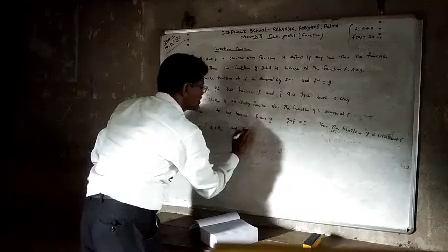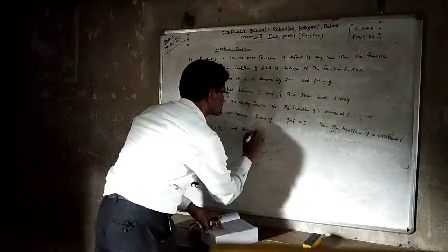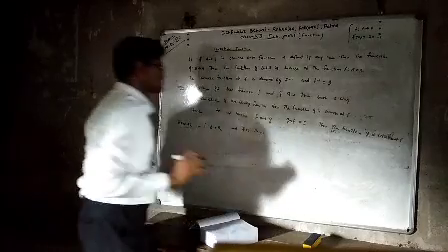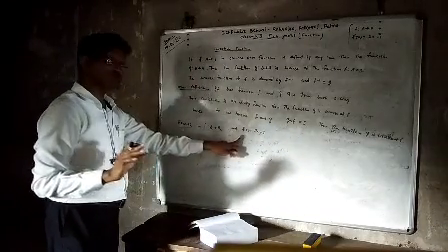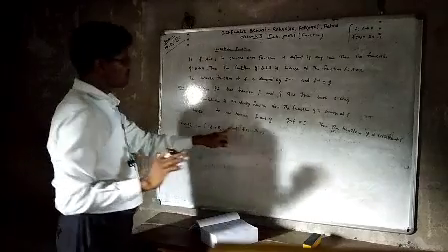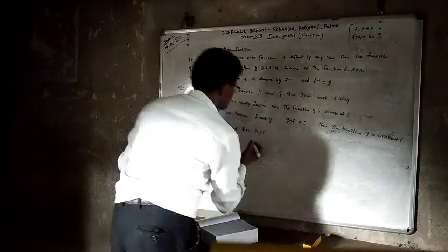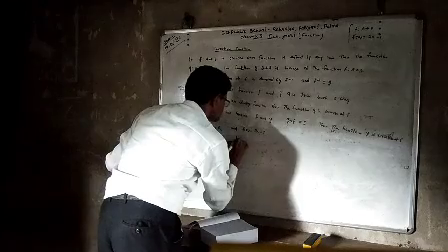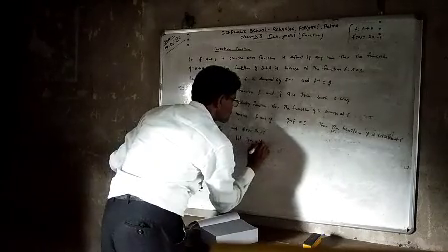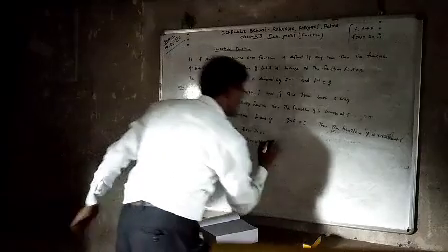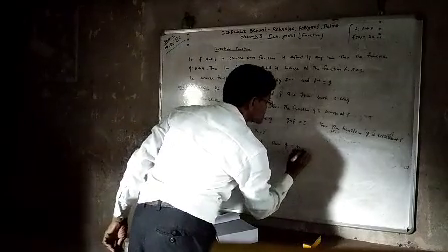It is defined by a rule f(x) equals 4x plus 3. Then we have to find the inverse of f. To find the inverse of f, let's consider f(x) equal to y. Then y equals 4x plus 3.